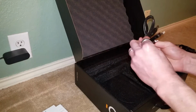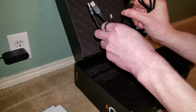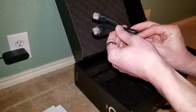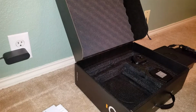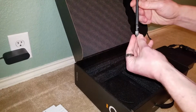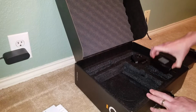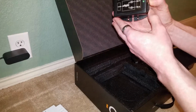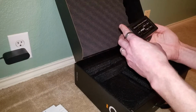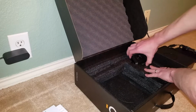Alright, then we have two short USB cords, another short Ethernet cord, and a small 2.5 gigahertz antenna. We have the injector power over Ethernet, which I assume looks like it's what powers the stitching box to the camera. As for the camera,